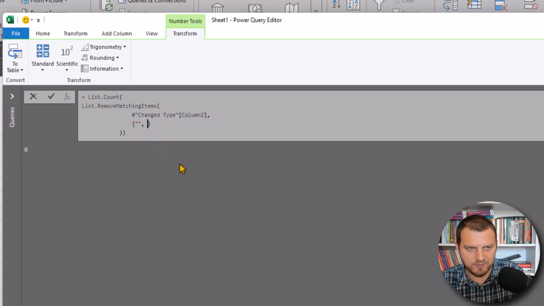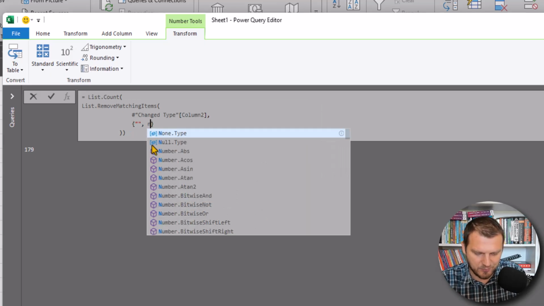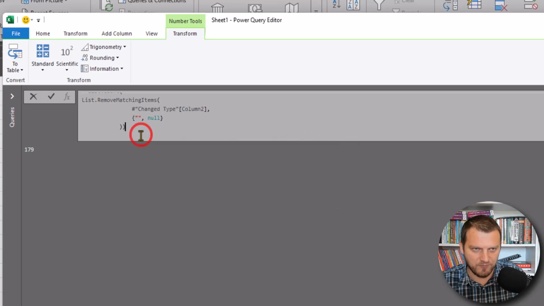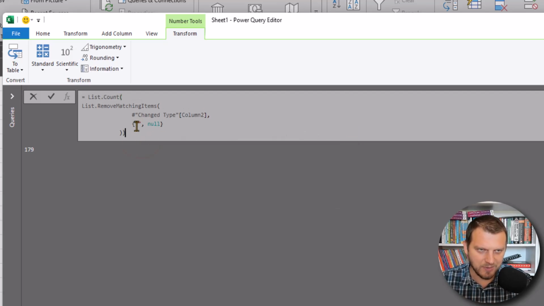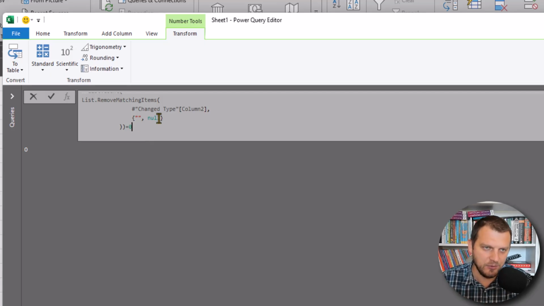If I remove null once again, we will get 178 rows, elements, null values. Okay, but we need to remove those 2 of those values, so null and empty text string, and it's 0. And when the list, so the column, have 0 values, 0 elements after removing null and empty text string values,